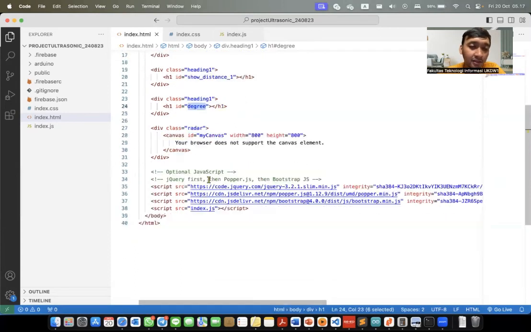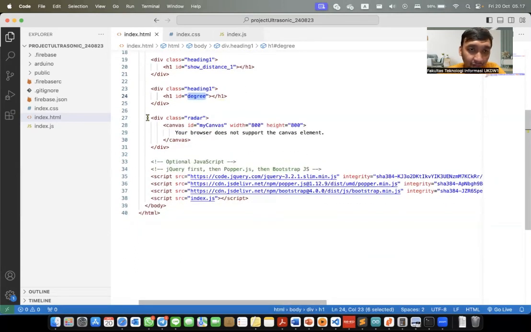And the last part is a radar. This part is like a canvas. We can draw a straight line or a circle line. So we prepare the canvas with a width of 800 and a height of 800.